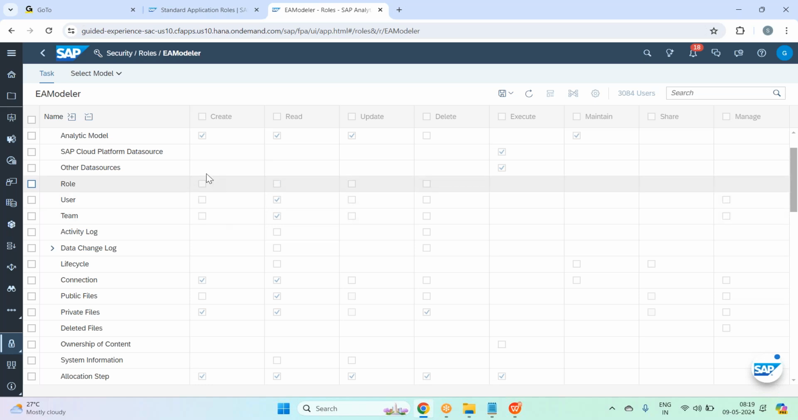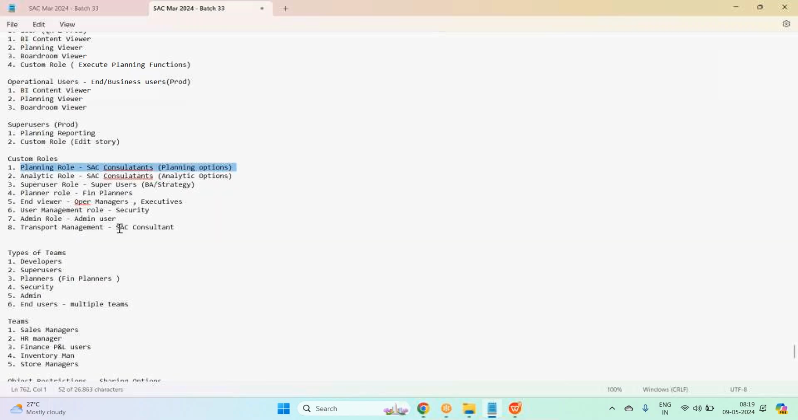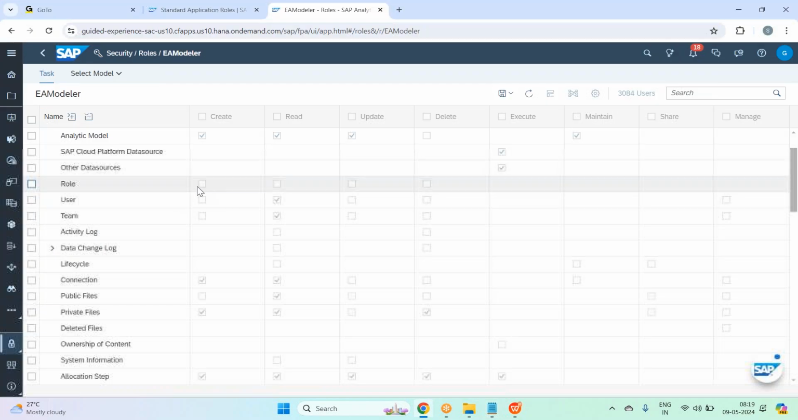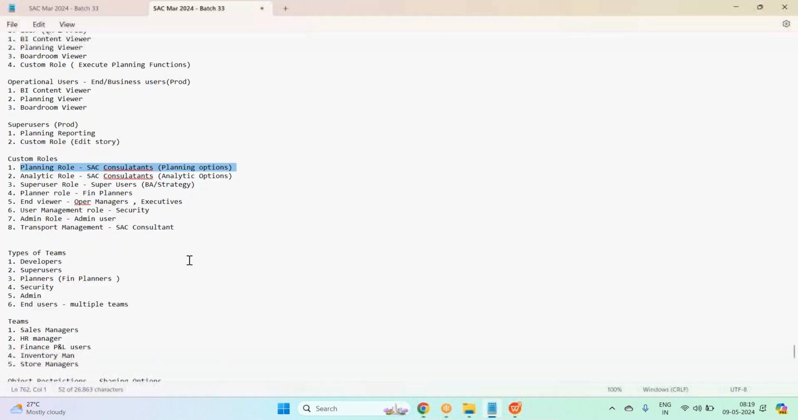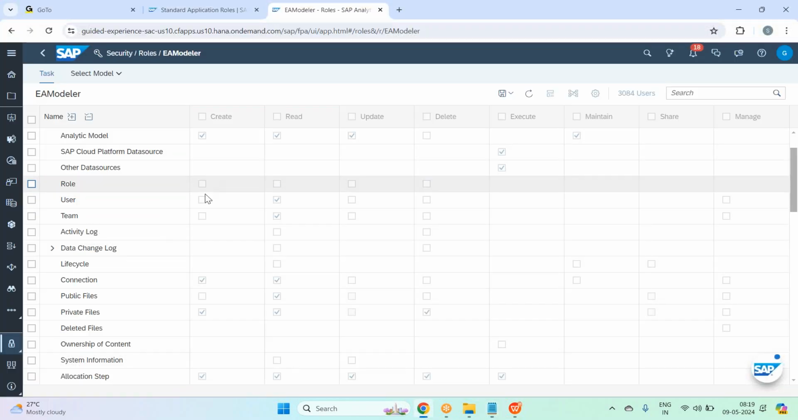They cannot have anything on the roles front. Okay. So guys, these options will be enabled for the user management role. For this role, you have the option of create user, role and team, read, update, and delete user,